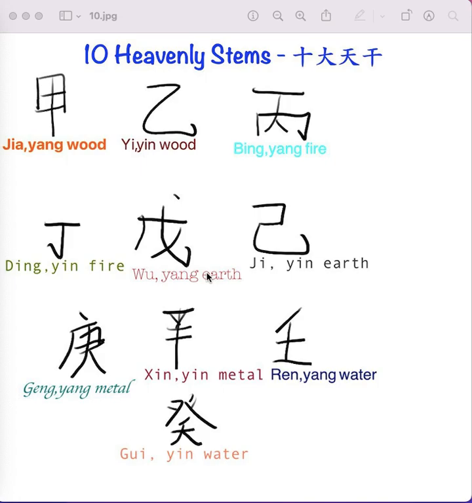In today's lesson on Taoist metaphysics, I will talk about the 10 heavenly stems, the 十大天干, and the 12 earthly branches, 十二地枝. Now, this is actually very important because you will see them showing up everywhere. It's in the 八字, 四处, the 8 characters, 4 pillars divination system. It's in traditional Chinese medicine.